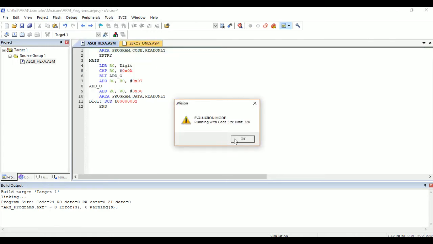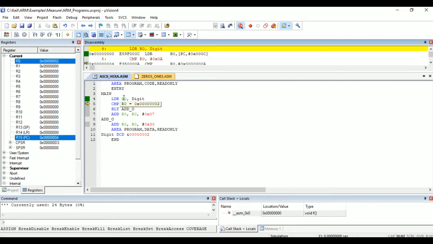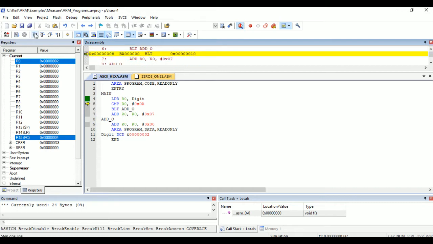So after debugging, this window appears. We will start debugging step by step. So in the first step, R0 is loaded with the number 02. So here we get R0 as 02. Then this 02 is compared with 0A,